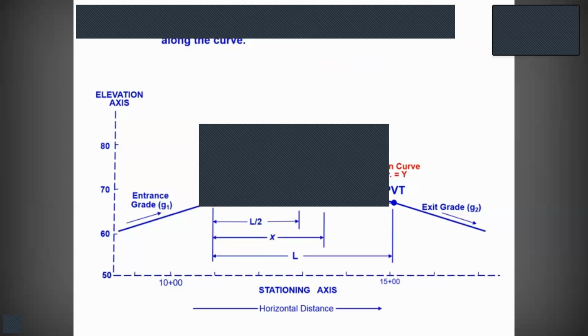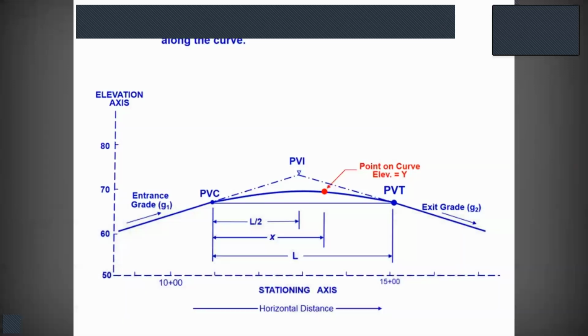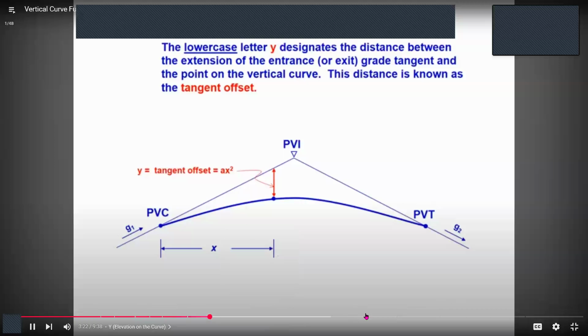We use the capital letter Y for the elevation of the point along the curve that corresponds typically to our distance X. So we have X is our horizontal distance, and Y is the elevation of the point on the curve that we're interested in. Breaking that down a little bit more, so looking at